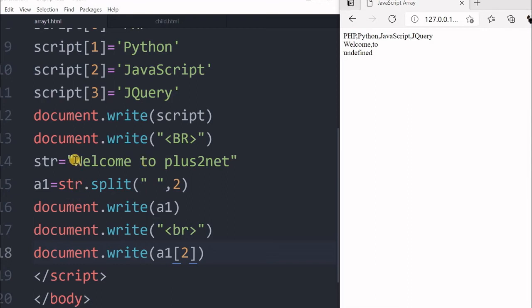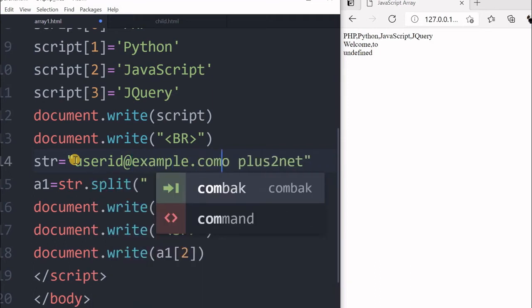Let's see one more example where we'll use the at-the-rate symbol as a delimiter and separate the user ID and the domain part of an email ID. Say I have a string, userid@example.com. This is my one sample email ID I have created.